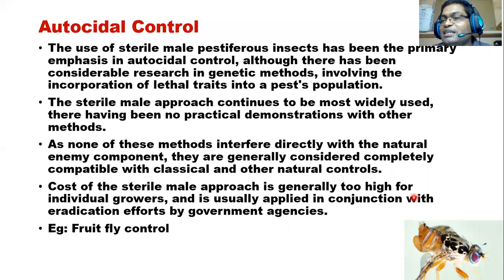So these males and the natural males will be there in the environment, but these males compete with the natural males for mating with females. Then the females will produce eggs without fertilization, so there is no offspring. This autocidal technique was successfully used in Japan for Mediterranean fruit fly control and Japanese fruit fly control. But nowadays we are also practicing it here to minimize fruit fly attack in gherkins and the gourd family, snake gourd, bitter gourd, and others.